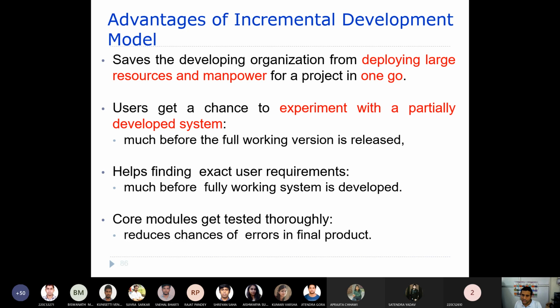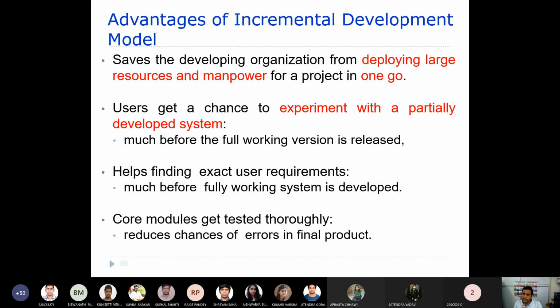And whatever the resources, if you have to develop all of the modules, you may require resources which require more money. Maybe you can think of, let's say, if you wanted to develop all of the modules, an operating system.